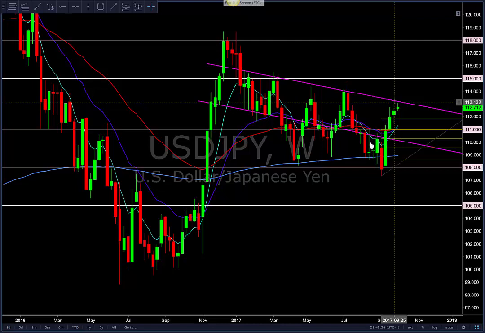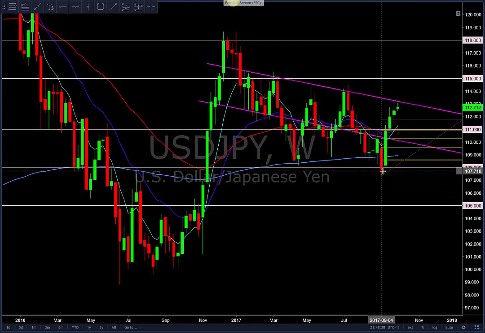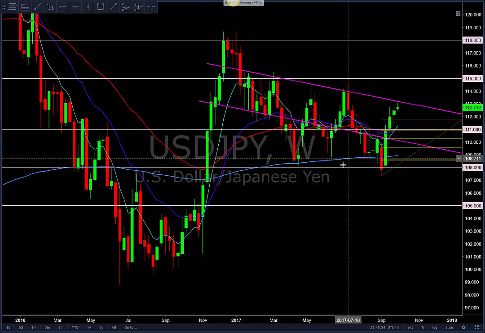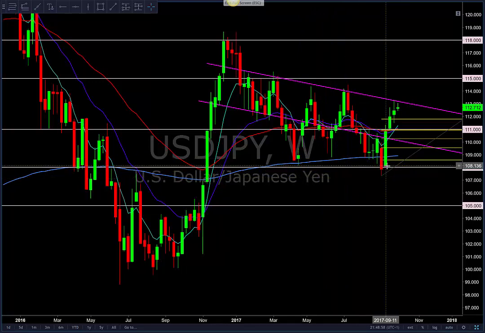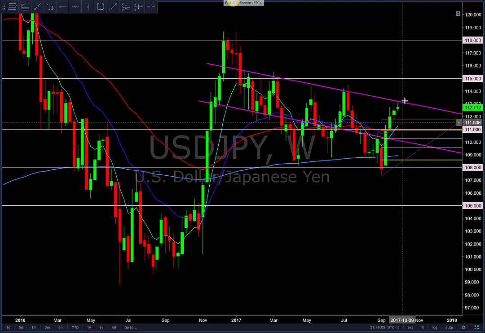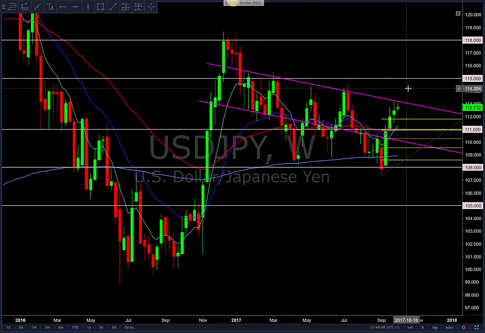So if this low here and this low here are going to play out like I think they will, which is that they're effectively like a double bottom, this being the second occasion that has tested this support zone of the 50 EMA on the monthly, the 200 EMA on the weekly, and the 108 level. If this is a double bottom and the price action on the September bar really is the bullish bar that I think may produce the strength that is needed in order for this market to begin climbing higher again,